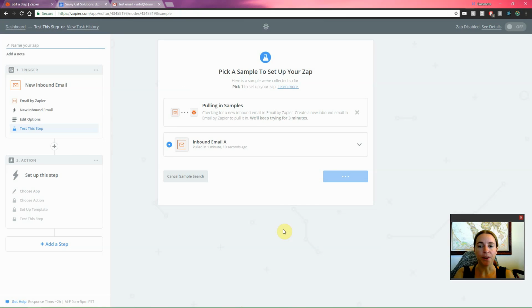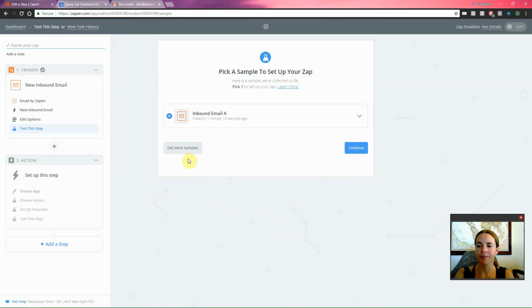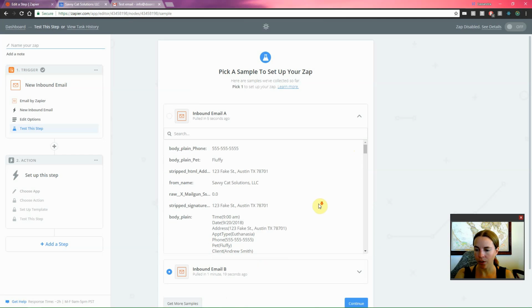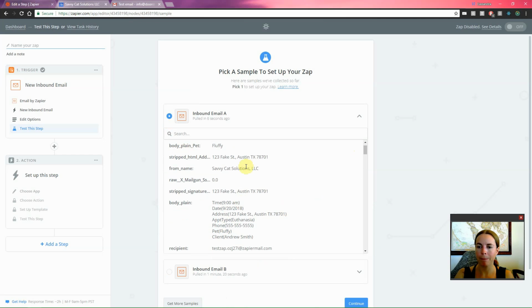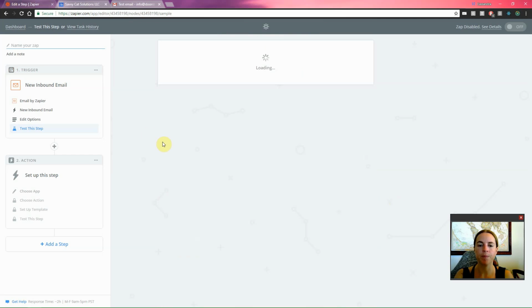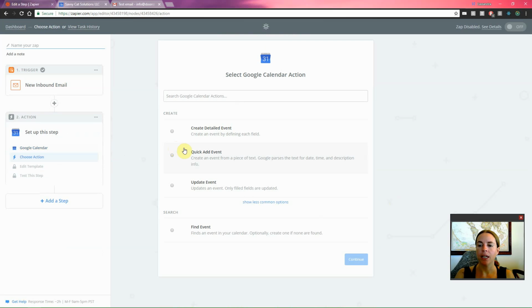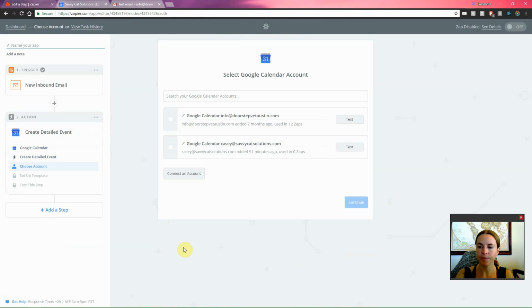Obviously, when we're creating a Google Calendar event, we're going to need to be able to pick a time. Okay, so this is the one with time and date. Perfecto. Let's continue. Okay, now we're going into Google Calendar. And we're going to create a detailed event. And we'll go ahead and create it on our Savvy Cats